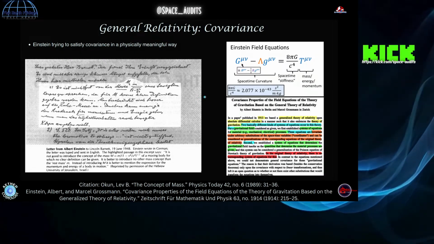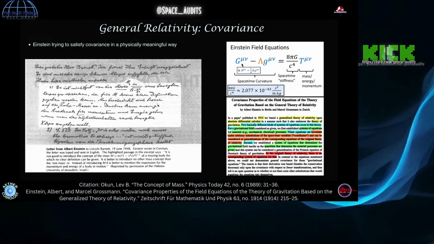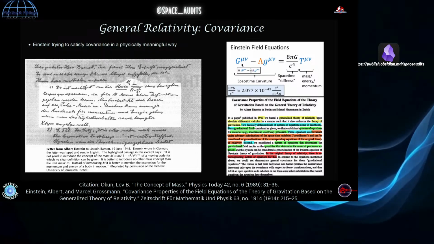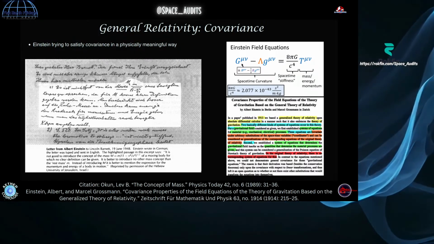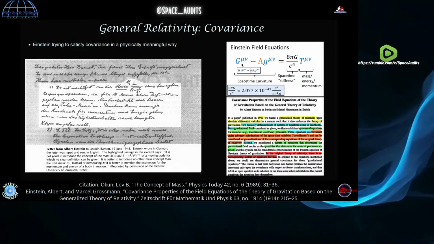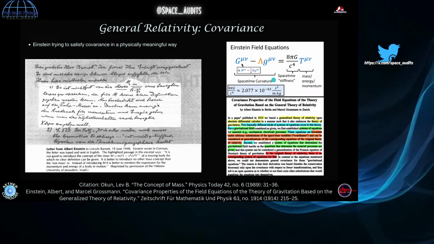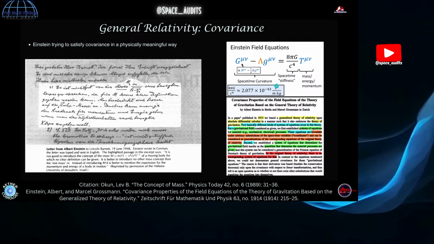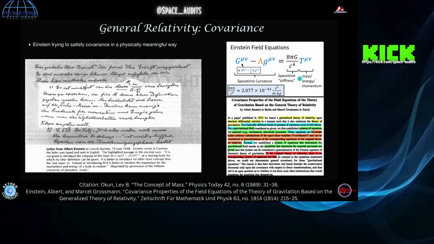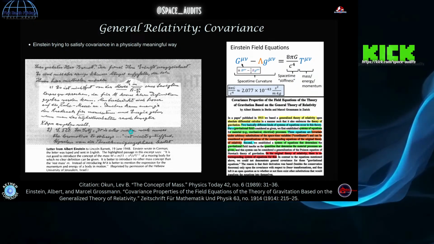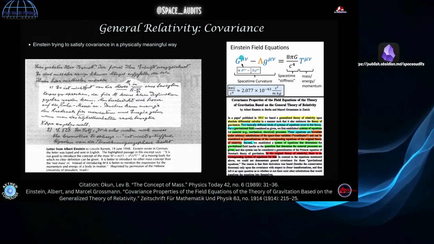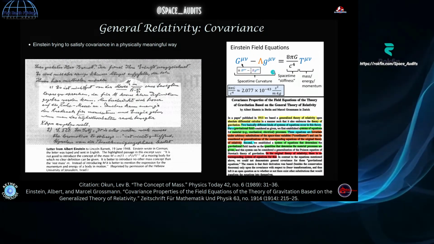So real quick before we go on, obviously satisfying conservation laws is a big part of physics. It's a big part of the mathematics that describes the physics. And if you can't satisfy the conservation laws, then you're in for a real problem here. So earlier we talked about how mass changes as a function of velocity or energy.